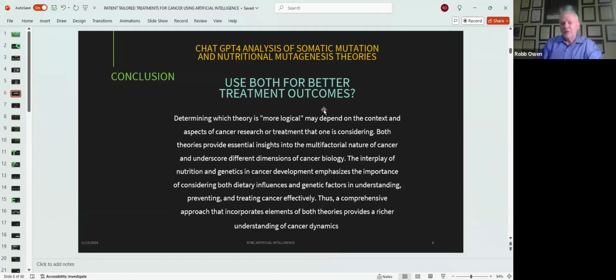So trying to decide which one's the most logical, they're both logical, but it makes more sense to use them together. The interplay of nutrition and genetics in cancer development is... there's an awful lot of research and data out there that shows that it is important to understand how that works with your body while you're using conventional treatments. It'll enhance the effectiveness of conventional treatments. You'll feel better, you'll have better outcomes. So when taking this approach,